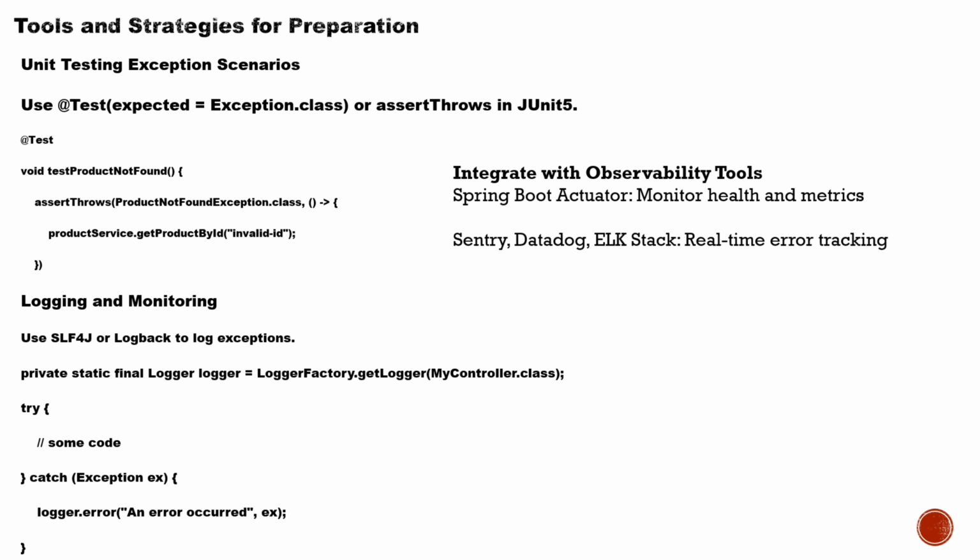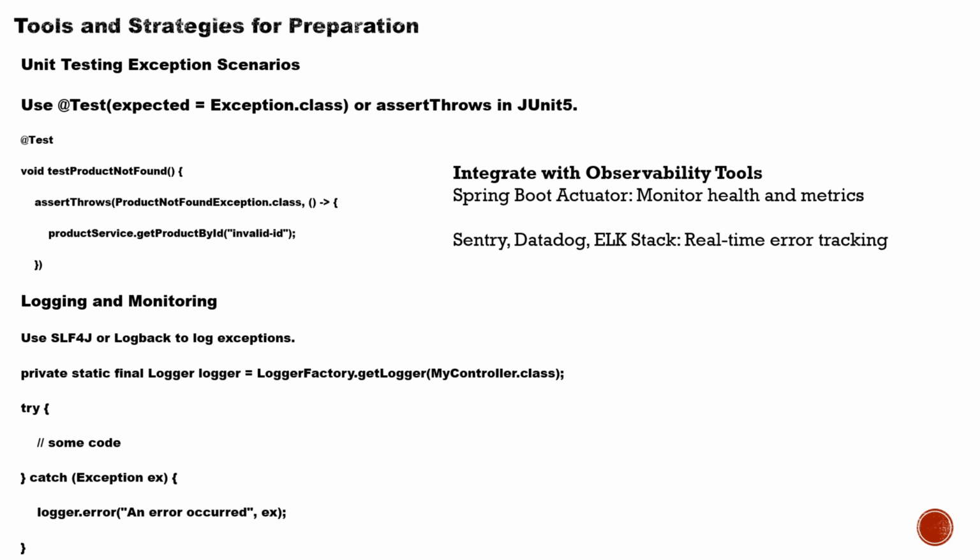Okay, so where you can actually throw this, you can have some logging and monitoring mechanism involved. Like you can use SLF4J, you can have Logback to log your exception. So we can make use of this, we can log those things. Now we can also integrate some observability tools like we have in Spring Boot, which is already inbuilt. We can add the dependency, that is Spring Boot Actuator, which is going to monitor your health. Metrics are provided, there are different endpoints provided over that. Now you have Sentry, Datadog, ELK stack, where you can actually monitor your exceptions, or logging of the information, how